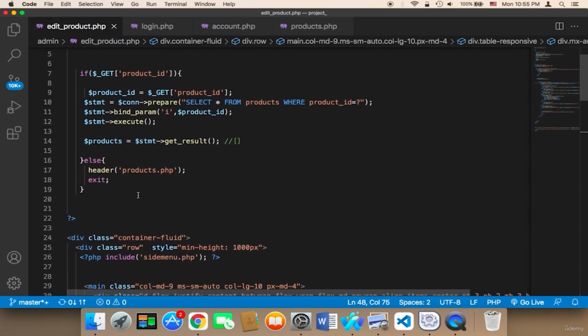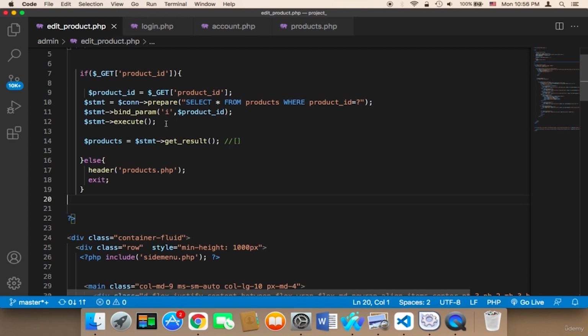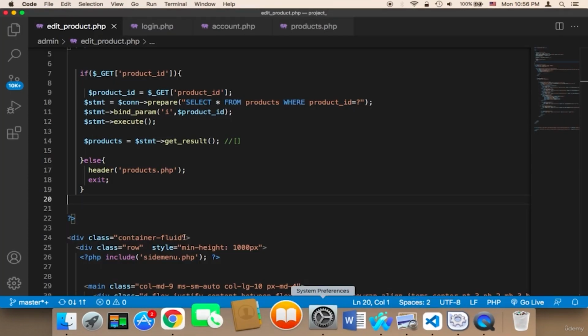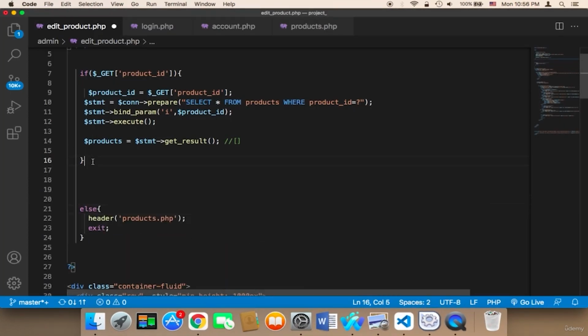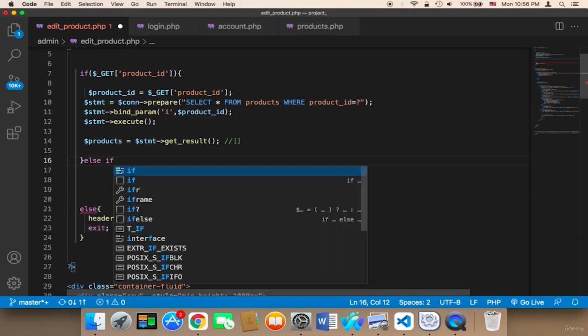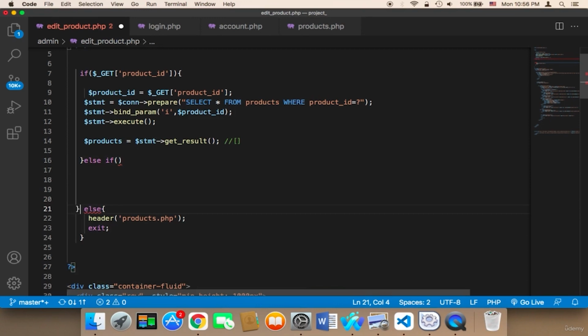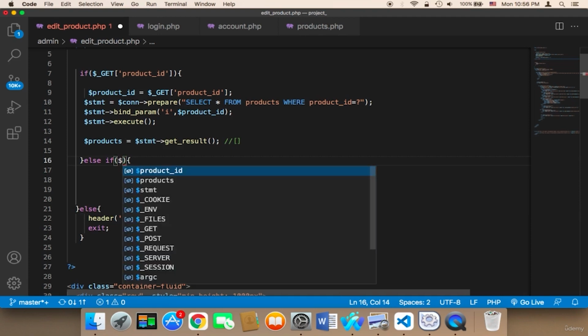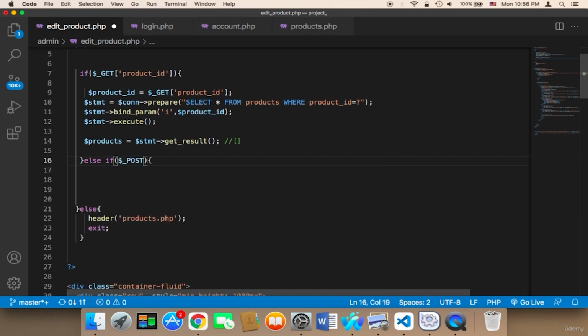Here in the edit product, first, remember here we have if the request is get, we get all of the products. We get that specific product to display all its data here. However, instead of saying else, we need to say else if, and here we say else. So we keep else, but we need to say else if the request is